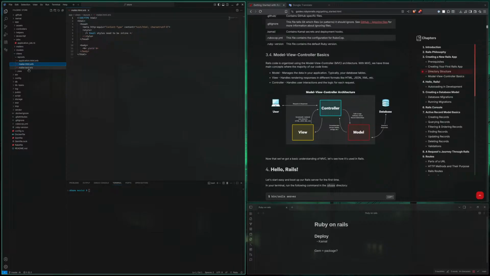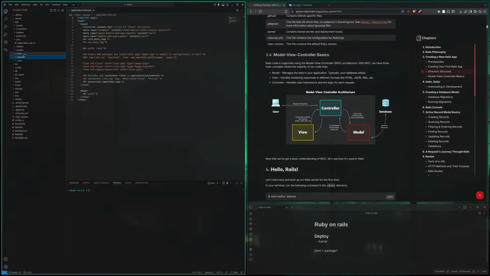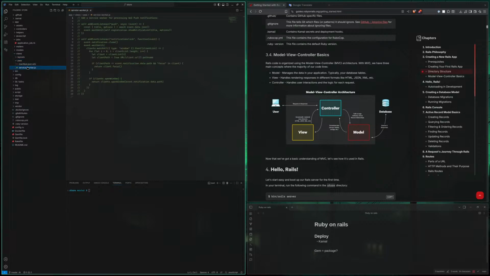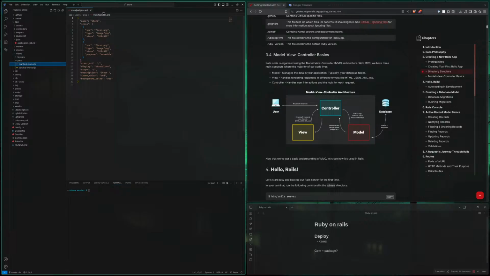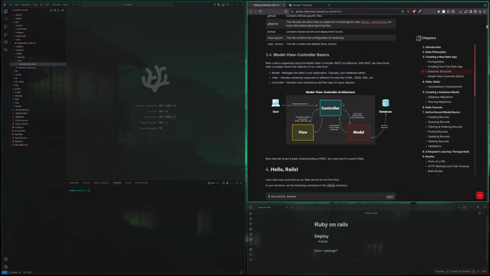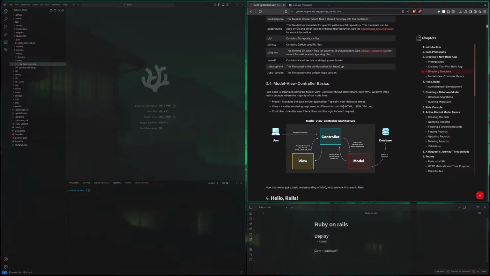Okay, so this is like a template thing, right? PWA. Okay. Never mind.